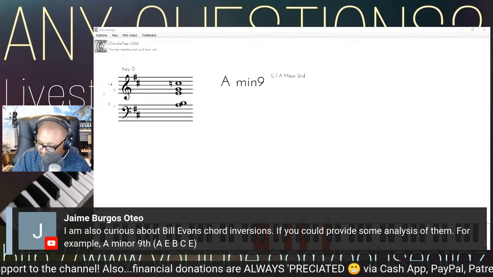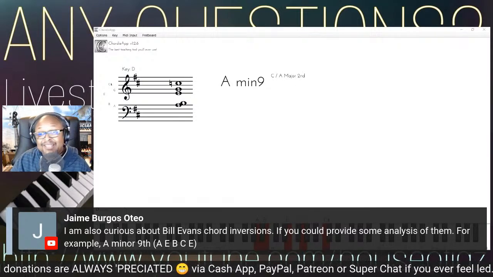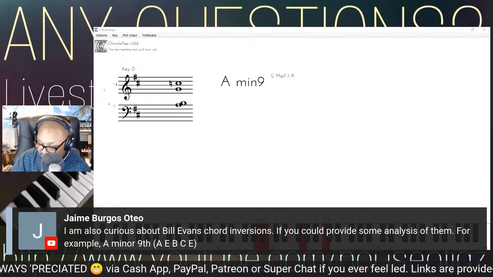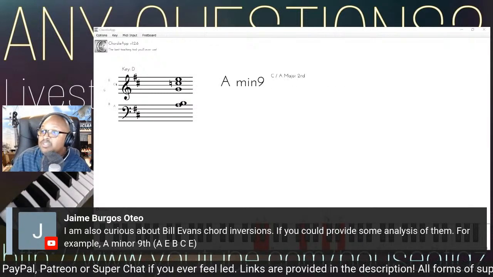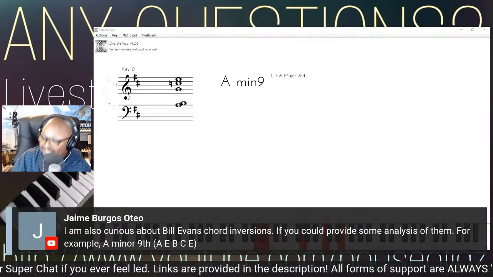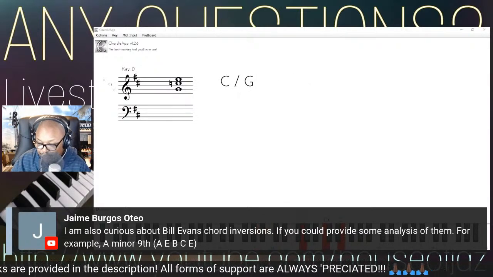Let's say I don't want to play this E right here. I don't like that E. I think it's ugly. This E is ugly. I want to play it up here. Okay, sorry about that. It is still an A minor 9 chord because you're playing A,